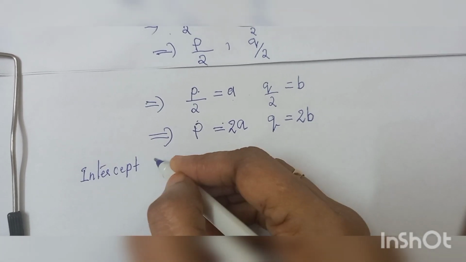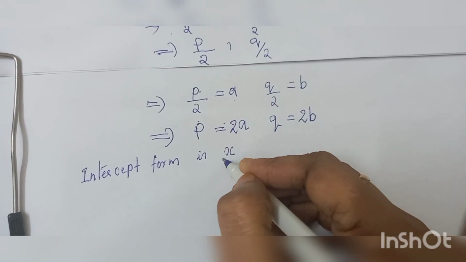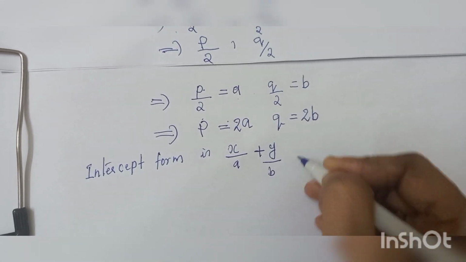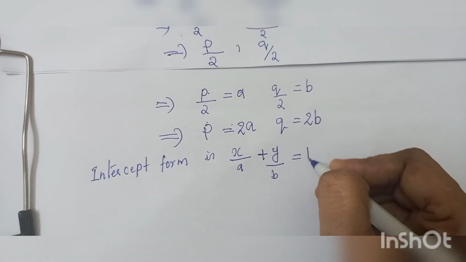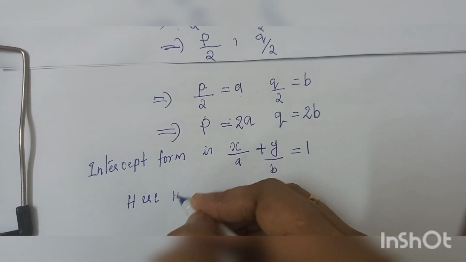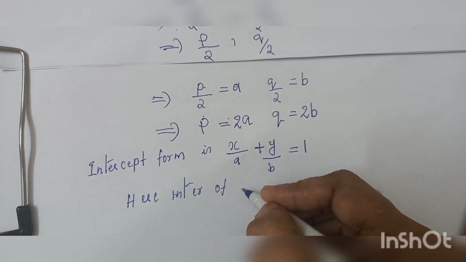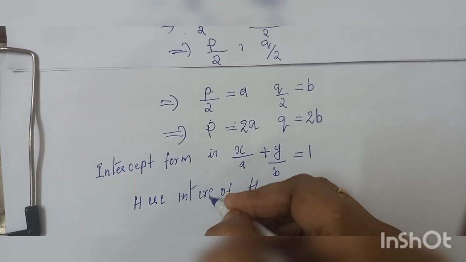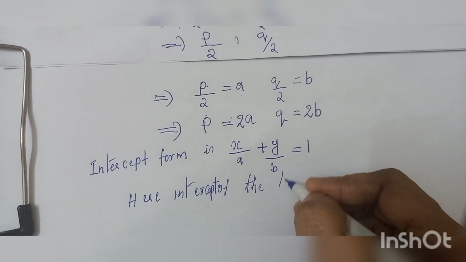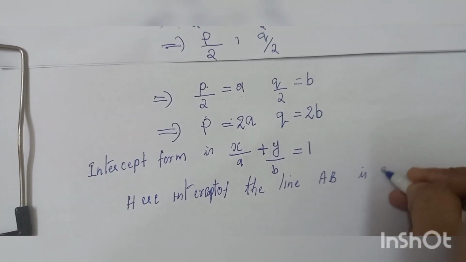General form intercept form is x by a plus y by b is equal to 1. Here, intercept of the line AB is given by